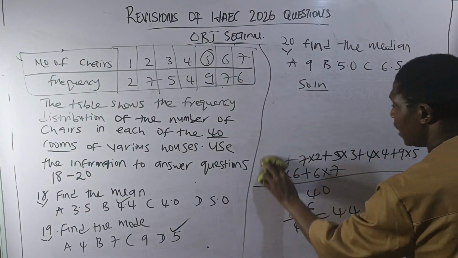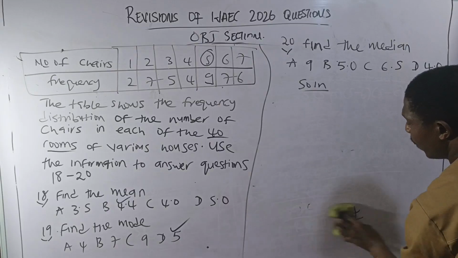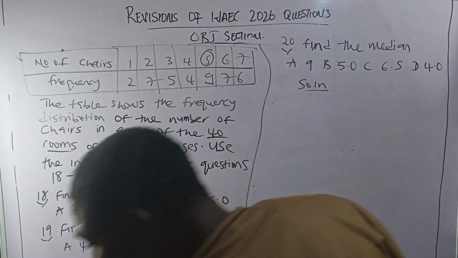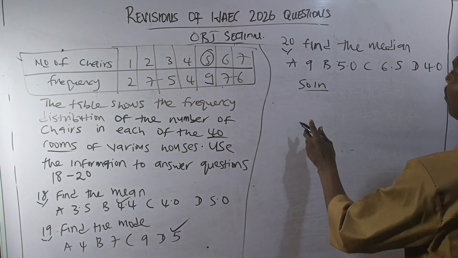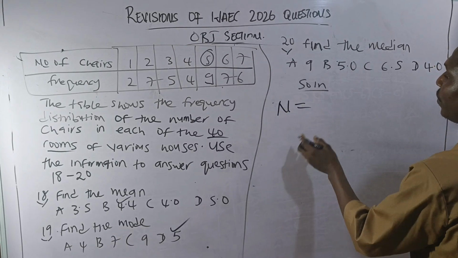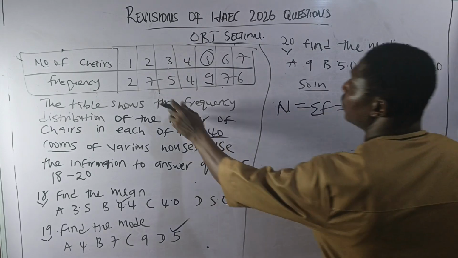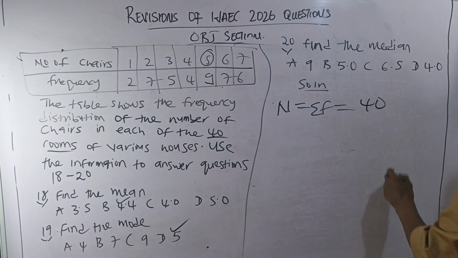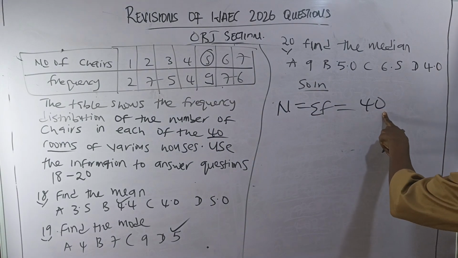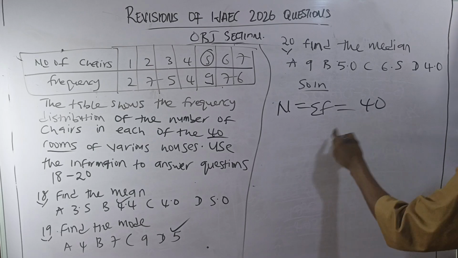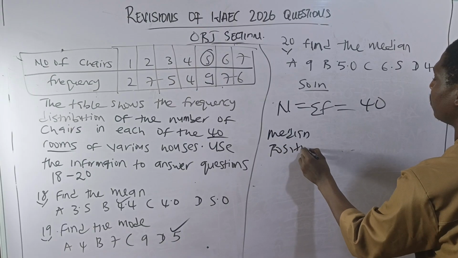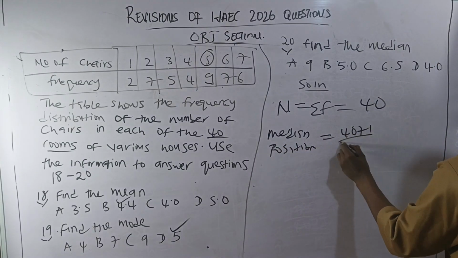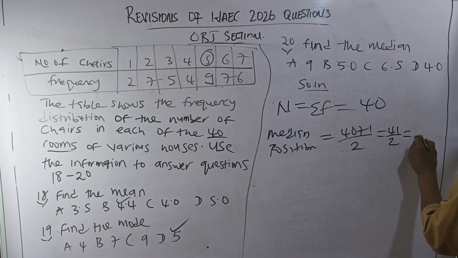we should look for the median. The median is the middle value when the data are expressed. Now we have two ways to do that. I can use my median position. If I'm using my median position, I'll have my n, where n is the total frequency, n equals summation f equals 2 plus 7 plus 8, which is equals to what? 40. And since n gave an even number, I'll simply add my median position to be equals to 40 plus 1 over 2, which gives me 41 over 2, which gives me